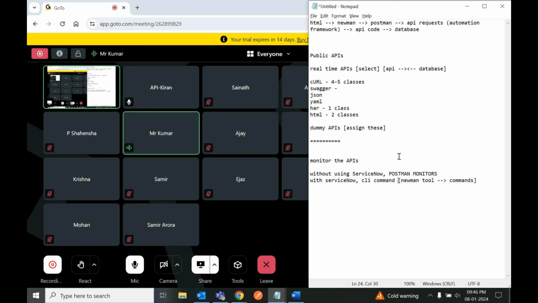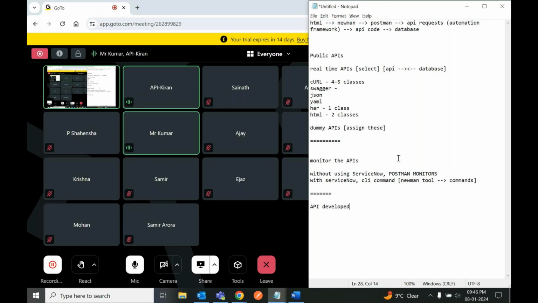So the Newman tool will help you with any other third-party tool integration, because that is the reason why Postman developed Newman. But whether it can integrate with ServiceNow or not is a debatable topic, because I never worked with ServiceNow. And another question is, usually your automation scripts need not be integrated with ServiceNow, because when developers developed the APIs, they have already integrated with monitoring tools like Grafana or ServiceNow or New Relic or any other